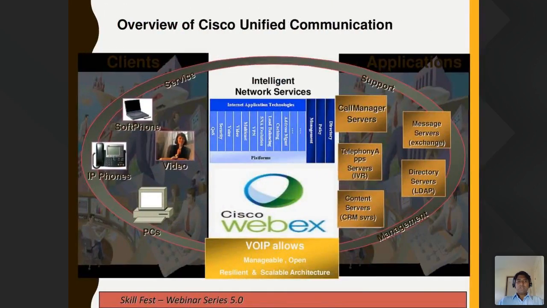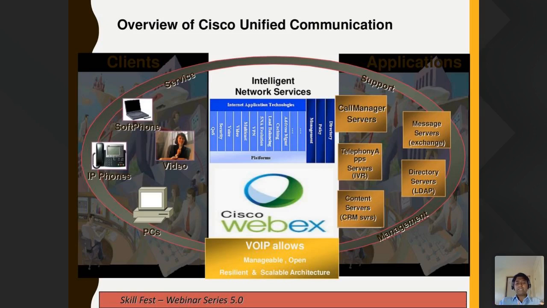All right, let me move on to the next one. This is the overview of unified communication. I always recommend networking first. I know friends who directly learned unified communication without getting into network basics. But I strongly recommend, even if you choose to explore unified communication as your career path, please go through networking concepts, learn networking, and then try it, because there are a lot of basic things that you need to know from the networking side.